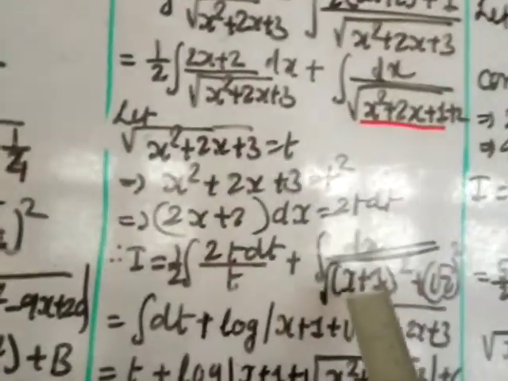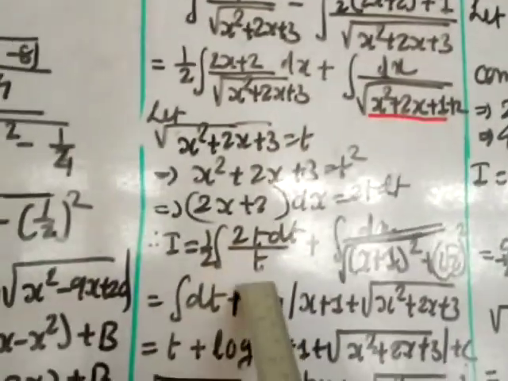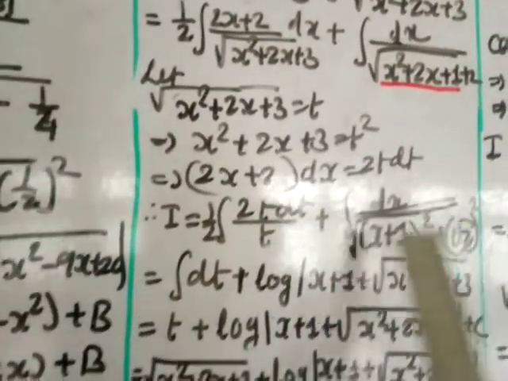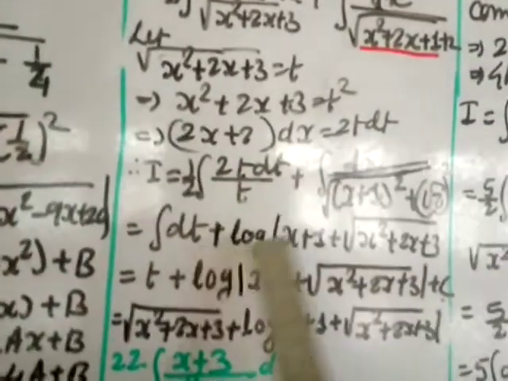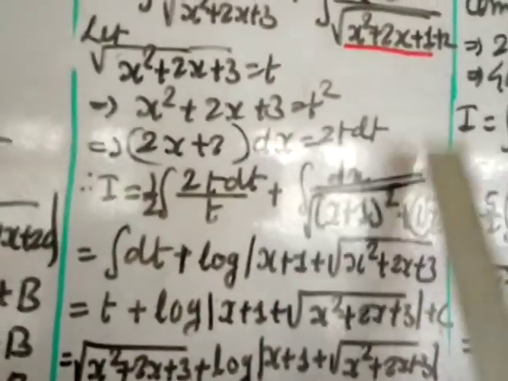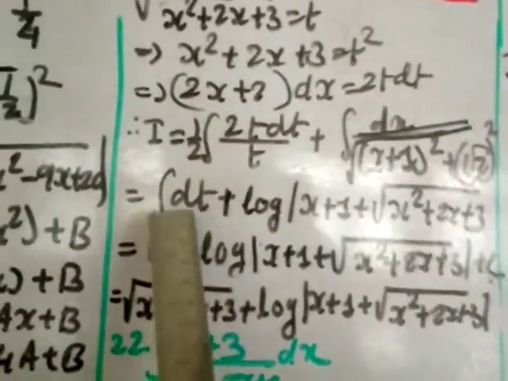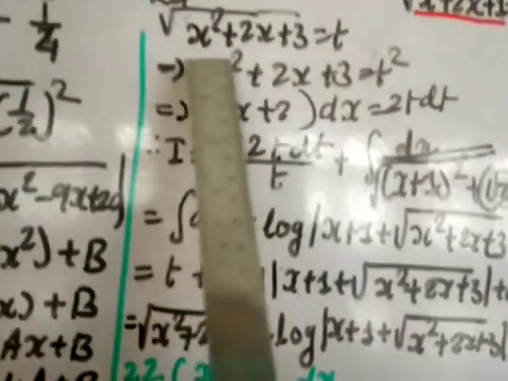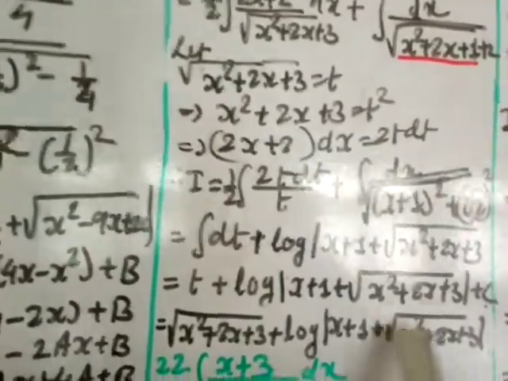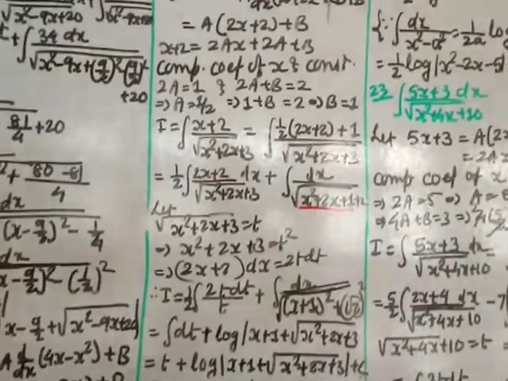So here this I have written as x plus 1 whole square plus root 2 square. T cut, so you get here 2 also cut, so integral dt plus here integral of this I am using again the same form, so log x plus 1 plus square root of x square plus 2x plus 3. This is actually what you have brought from here, okay, just like the previous one. So I just put the value back, and integral of dt is t, and t value put back, this one, square root of x square plus 2x plus 3. Okay, so put value plus this as it is, so plus c you have to put. This is the answer for question number 21.